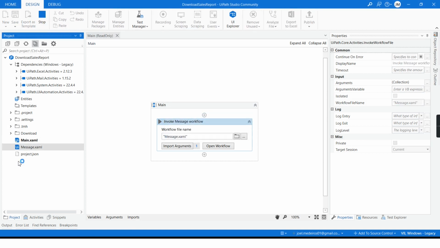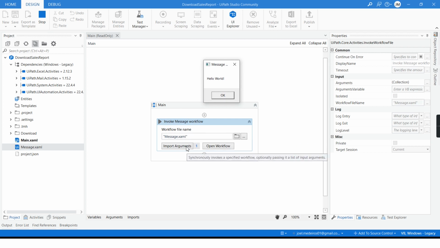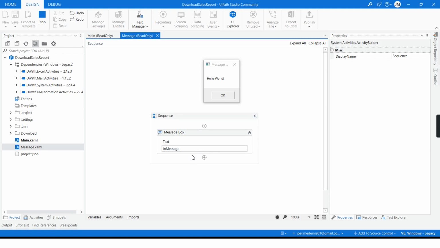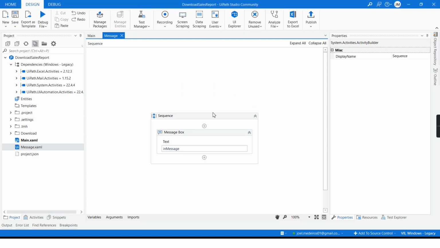In my scenario, I am running the main workflow, and this main workflow is invoking the message workflow, passing through parameters or arguments the string hello world, and my message workflow, this one here, is actually the workflow printing the message. Okay, so these are parameters or arguments.